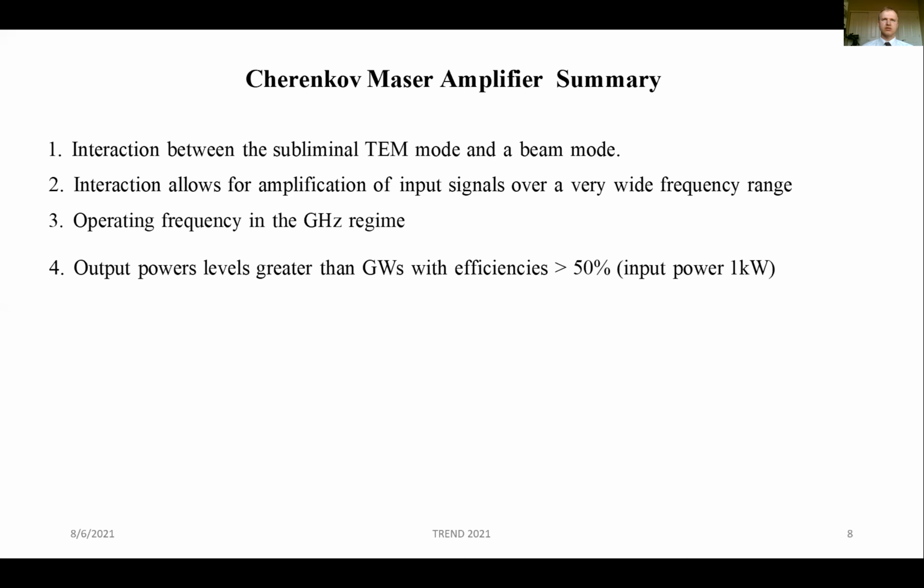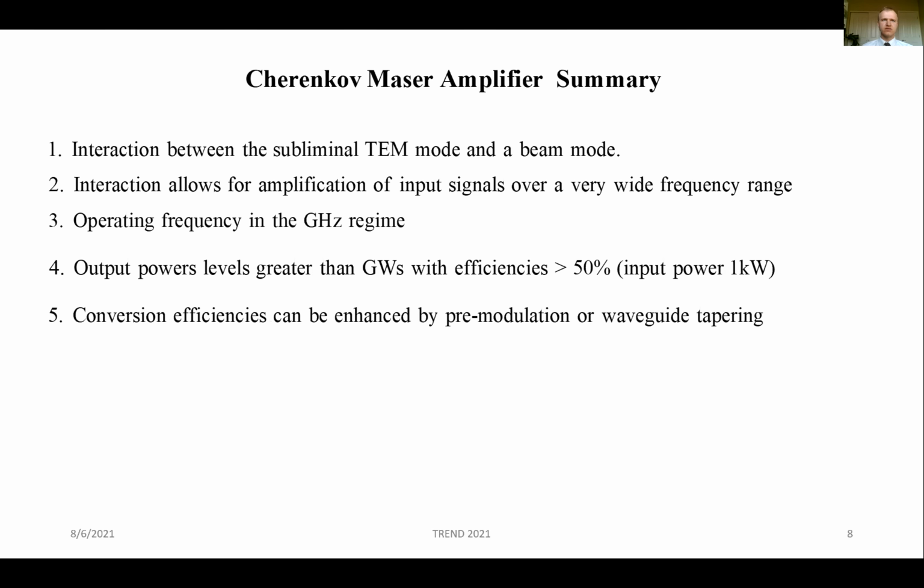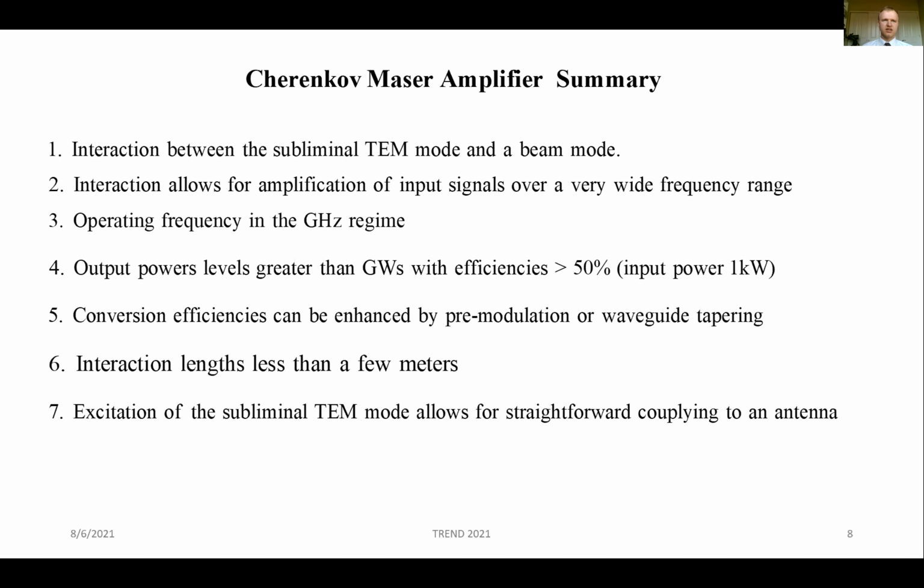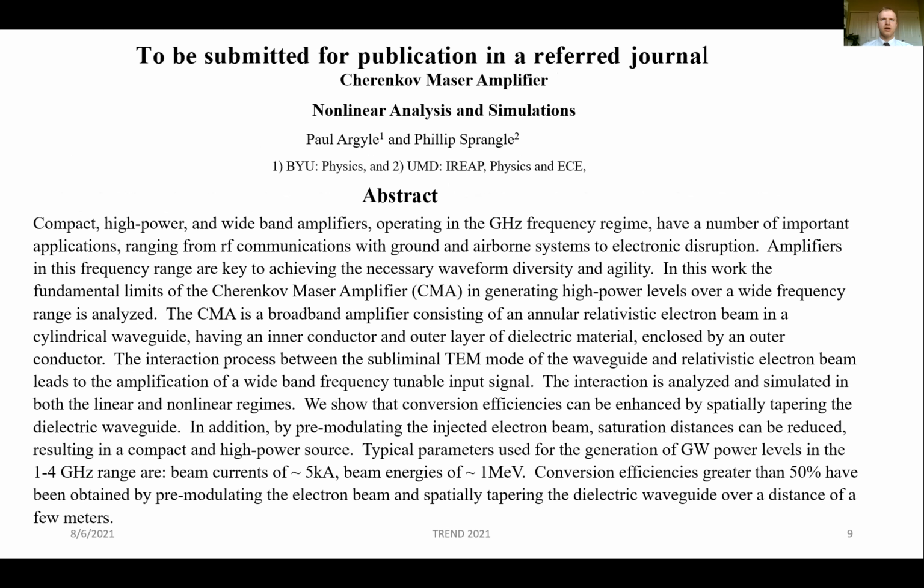Output power levels greater than a gigawatt with an input power of 1 kilowatt and efficiencies greater than 50% have been simulated. Conversion efficiencies can be enhanced by pre-modulating the electron beam density or tapering the waveguide. Interaction lengths less than a few meters have been simulated. Excitation of the subluminal TM mode allows for straightforward coupling to an antenna, which is a significant practical advantage of this design. Professor Sprengel and I are submitting this research for